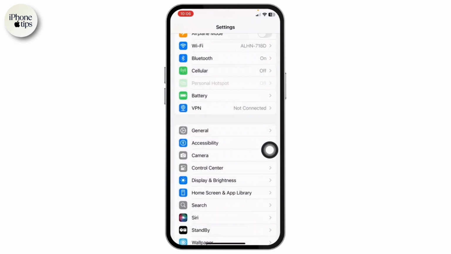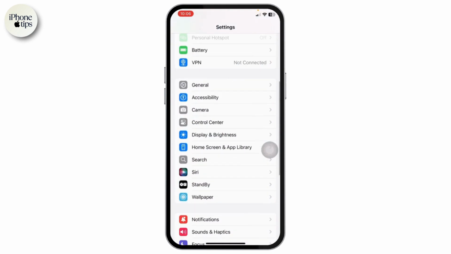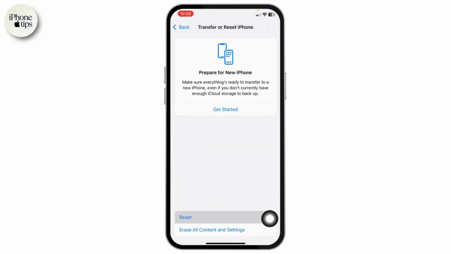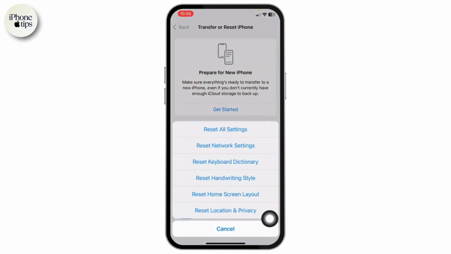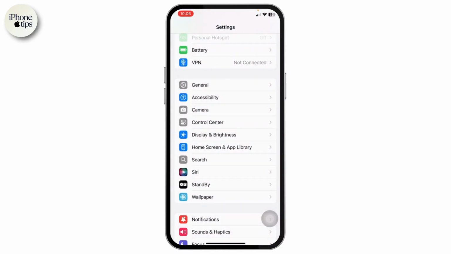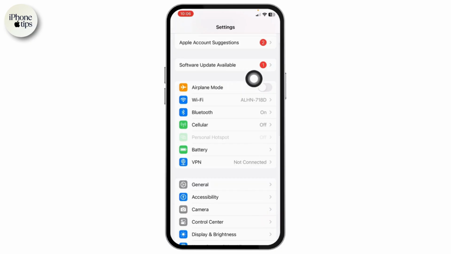Then simply come back to the General option once again under your settings and click on Transfer or Reset iPhone and click on Reset and just try resetting your network settings if there's an issue with your network. Once you do all of that, just head back and simply come over to your software update